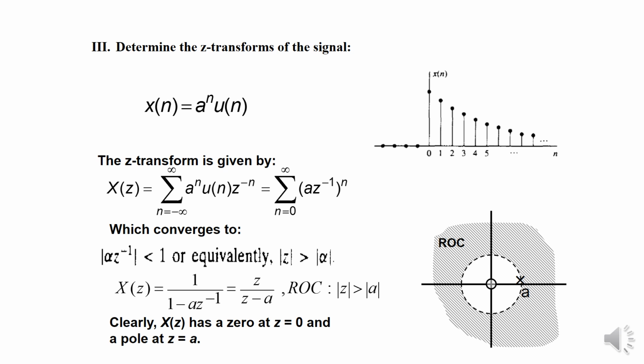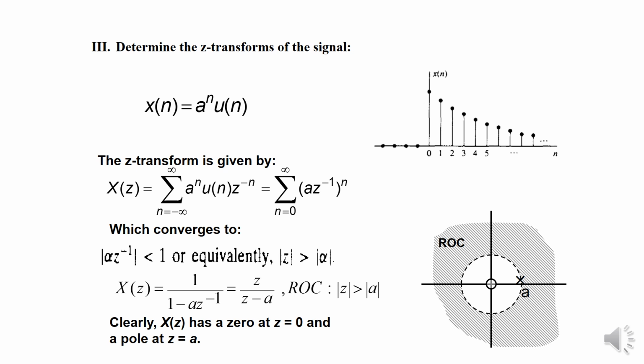So you can see the z plane. In the z plane, what we have marked here is the magnitude of z equal to a, a circle. After drawing the circle with magnitude of z equal to a, which is shown here, the exterior, the magnitude of z larger than a, that is the exterior of the circle. So that is our region of convergence.